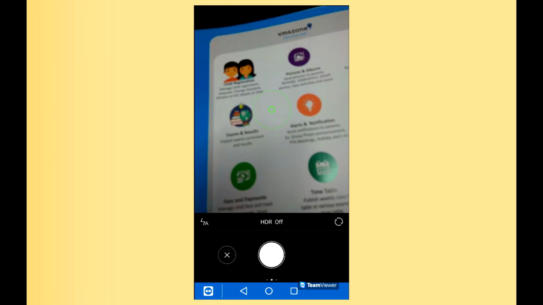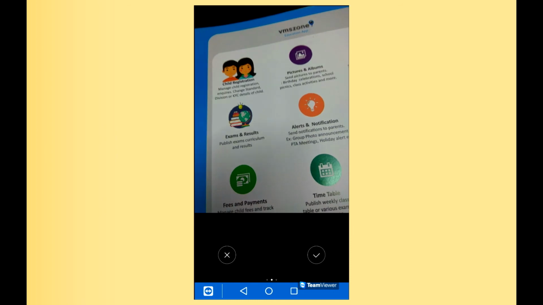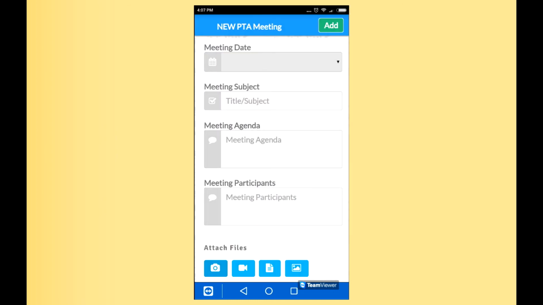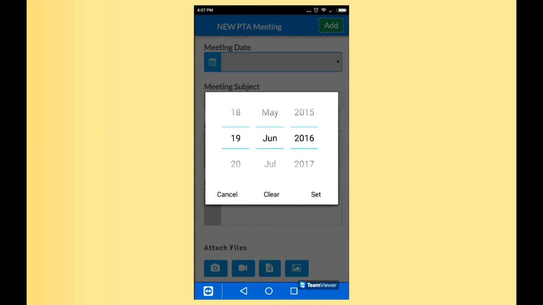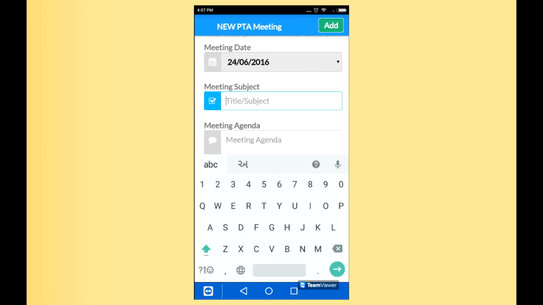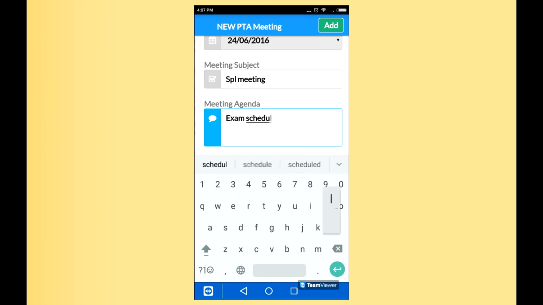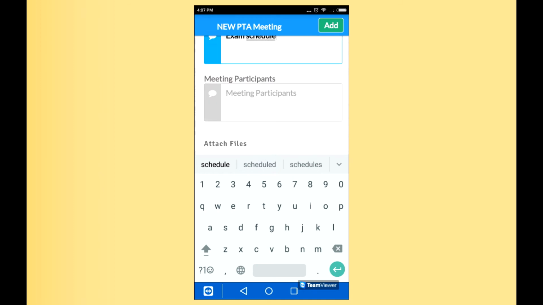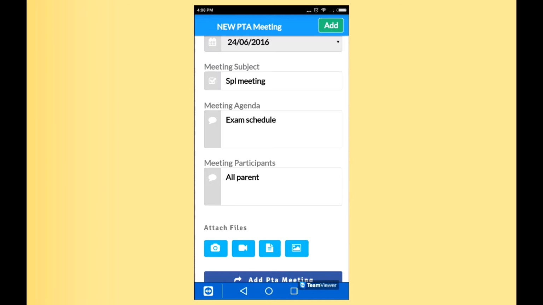So you can click attach file, you can select the date, and you can click add PTA meeting.